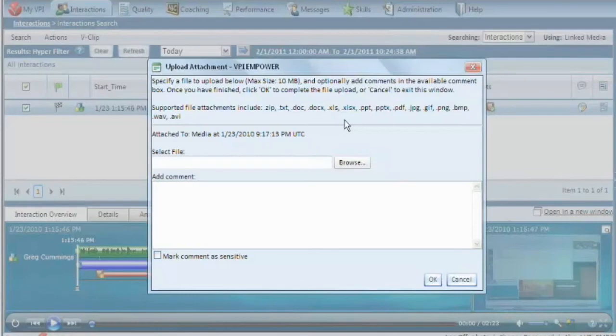Let's say the customer faxed in a document and you got that as a JPEG, GIF, or BMP, and you wanted to include that as part of the call record. Maybe they signed an authorization form or signed off on a contract. You can take that external document, upload it into the system, and maintain it with the call record, therefore completing that picture. All I would do is simply browse to the file, add any additional comments if I'd like,